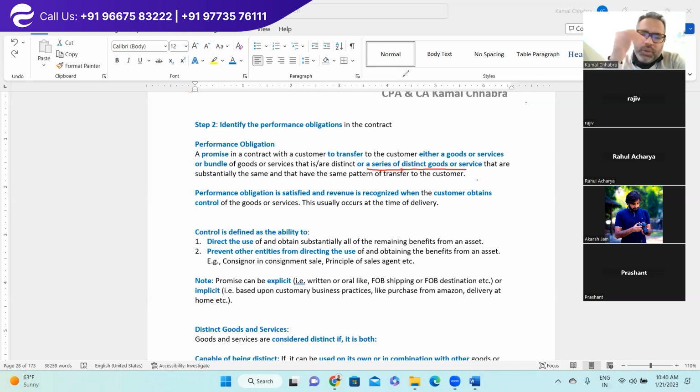Which is very common to everyone, but there would be a separate third party providing facilities management services, right? So even though they are providing plumbing service, cleaning service, mechanical service, or network services,